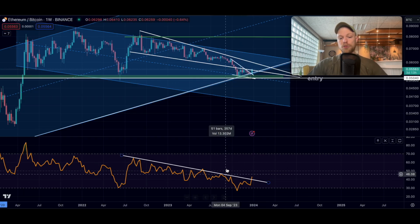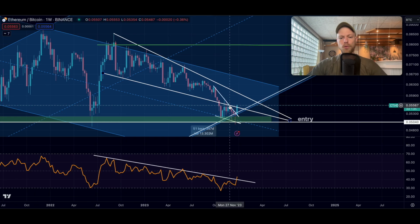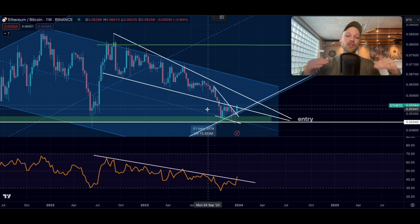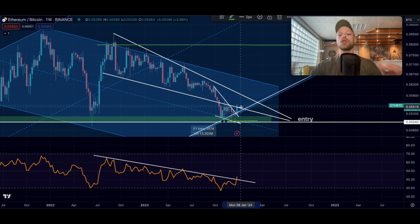We also have a relative strength index breakout right here, declining resistance, and I got some comments from people like, why are you searching for dimes in this market? So for me, this is not a dime, especially not if you use a big part of your HODL portfolio. Second of all, you don't know what this move is going to do, so you place yourself in a position of strength. You go in right here where you have a very good risk to reward ratio and very clear invalidation. When it goes up, you are in profit, but you don't know how much it is going to go up,